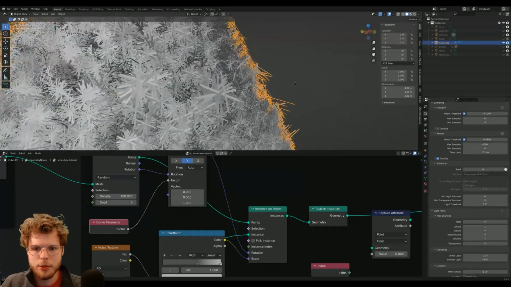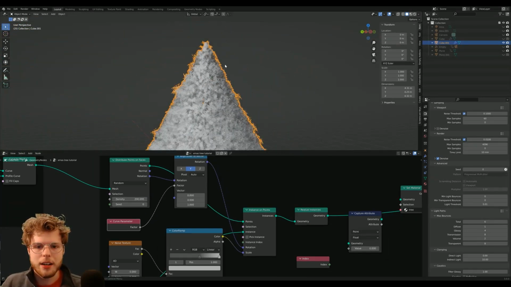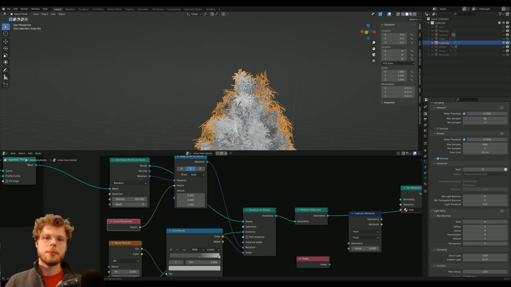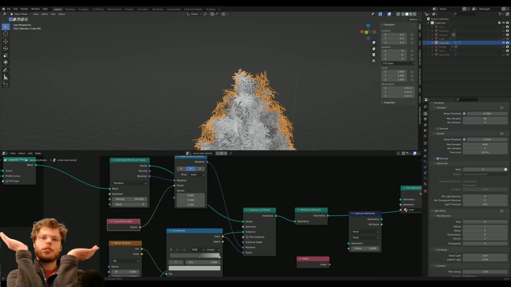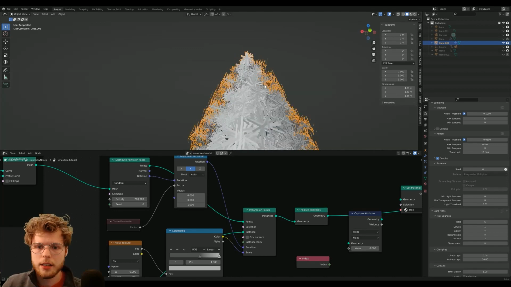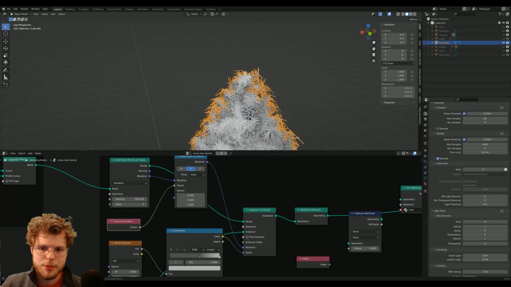Again, to add even more variability, and look at this. Oh, I love this. Especially as we get to this curve point at the top, as you get to the top of the tree, the branches start to stick out more. And so I added another curve parameter to do that, basically. So you can see now they're all the same, but with this curve parameter, as we get to the top of the tree,